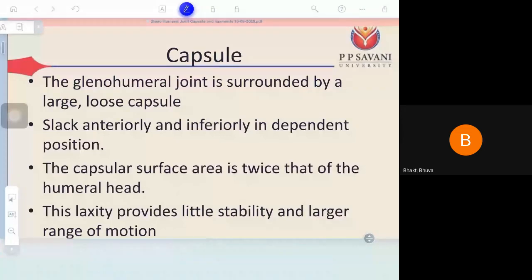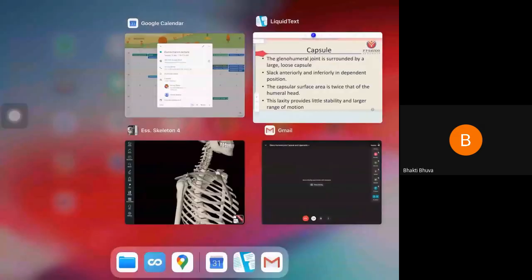The property of the glenohumeral joint capsule is it is large, loose, and it is weak. So three points you should remember. The glenohumeral joint capsule is large, it is loose, loose means it's lax, and it is weak. So the joint capsule, if you take this as a